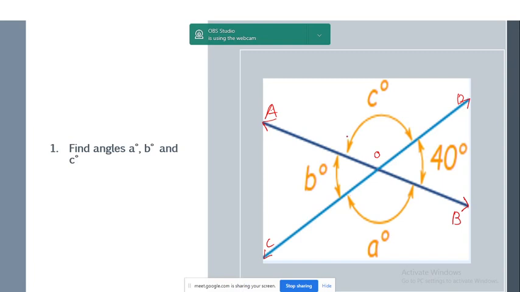And now look at angle C and 40 degrees. They are forming a linear pair, they are adjacent angles, and by using our linear pair axiom, we find that angle C plus angle DOB, that is angle C plus 40 degrees, is equal to 180 degrees. So from that, we get angle C to be 140 degrees. If angle C is 140 degrees, what about angle A? It is also a vertically opposite angle, right? So angle A is 140 degrees. That's how we solve that.